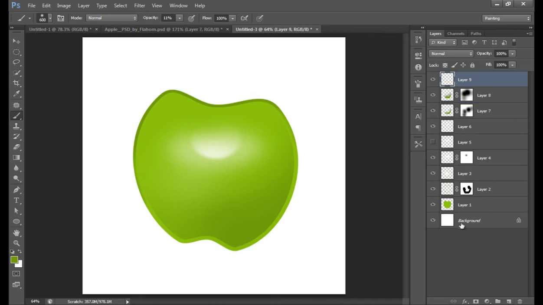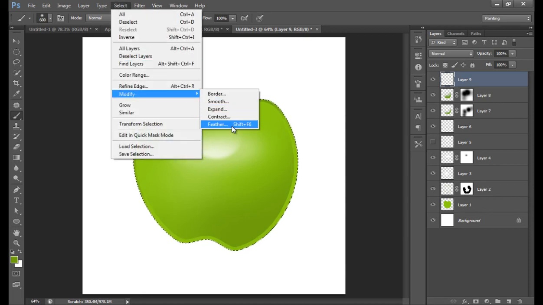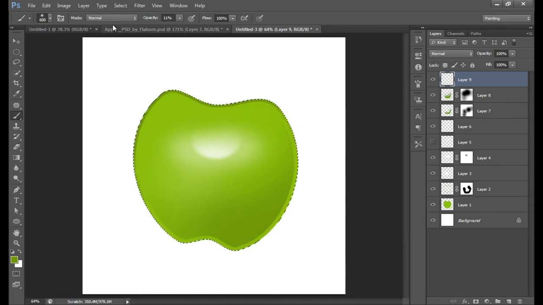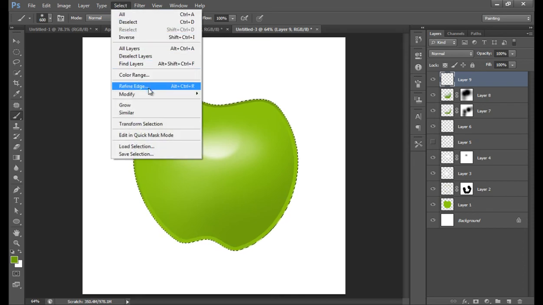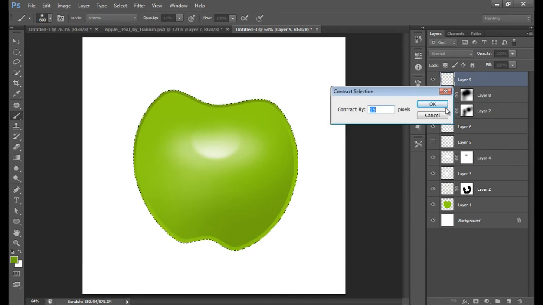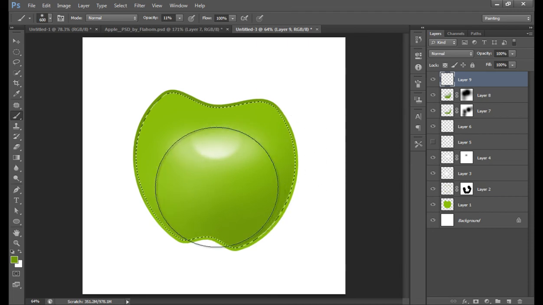Now again make a new layer and take a selection directly from the apple by control click on the apple layer, and make sure you choose the new layer and go to select, modify, feather, cancel it, select, modify, contract 15. Now I want 10. Now fill it with white. Choose your brush and apply brush from the outside